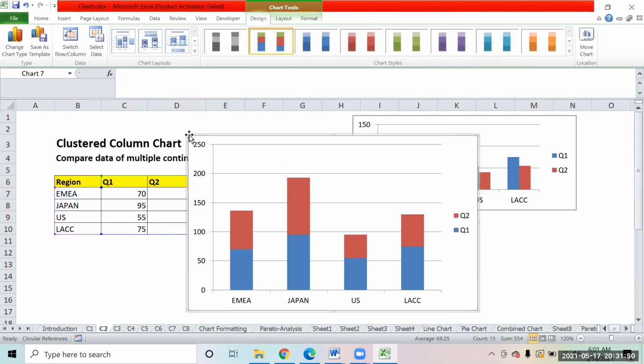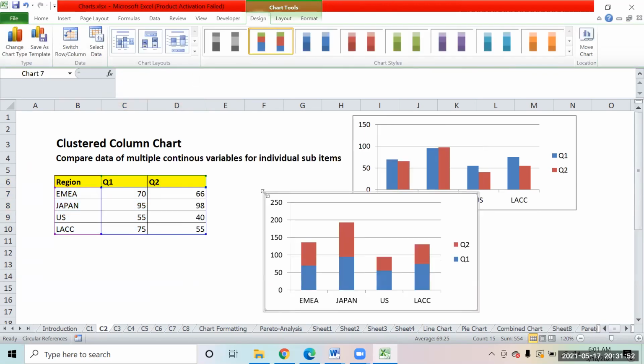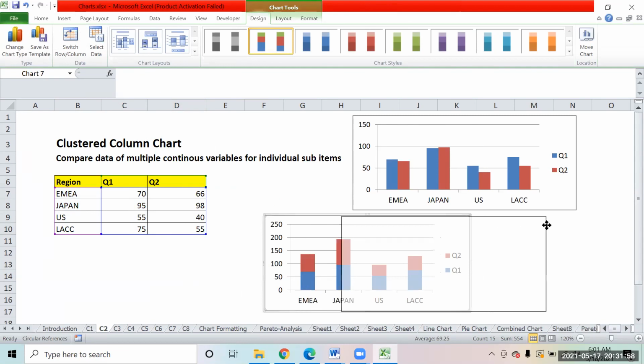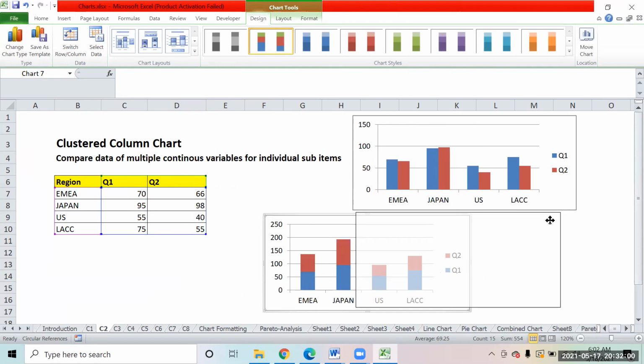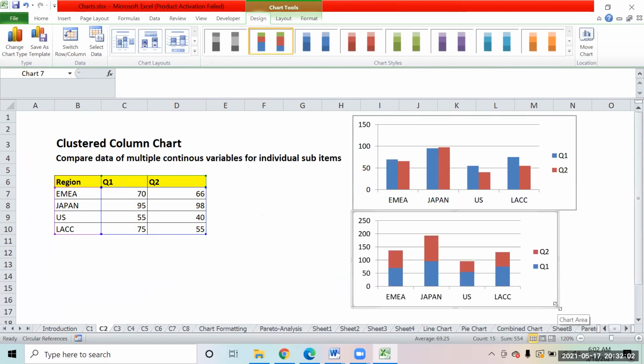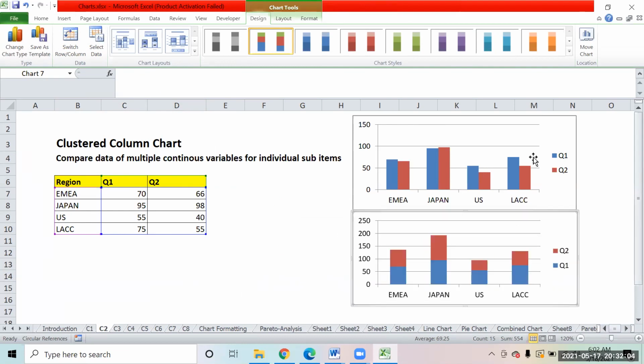That is this. This is also a cluster chart, but this is called a stacked bar chart. The chart that you see right now is called a stacked bar chart. Now, can you tell me how these two charts are different from each other, in the form of representation?